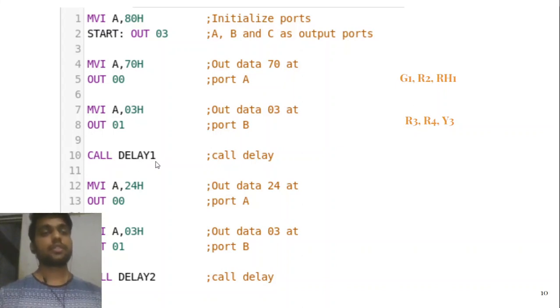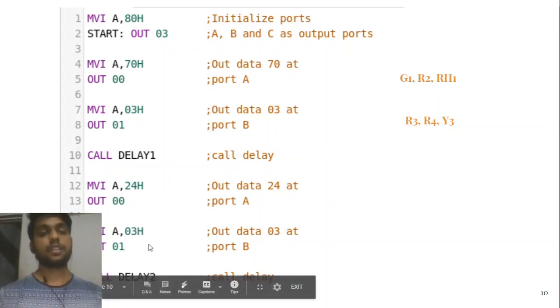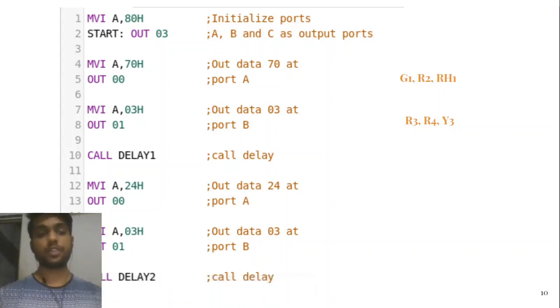After that, the position of the lights is changed accordingly in the given optimal sequence of switching, which results in hexadecimal 24 for port A and hexadecimal 03 for port B. After that, the next step is reached in the controller, and then delay 2 is introduced.